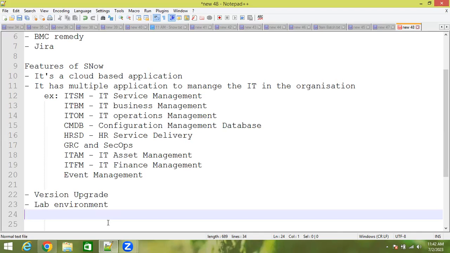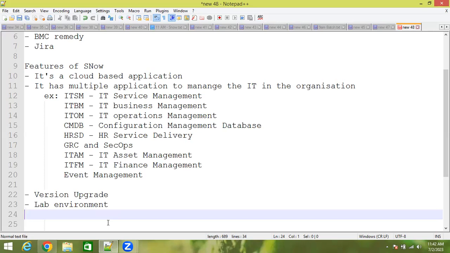But in the lab environment, the configurations, scripts, features, everything will be the same. Just the data will be different. In the live environment, you'll have live business users data of the company, but in the lab environment, you'll have dummy or demo users data. Configurations, scripts, everything remains the same.